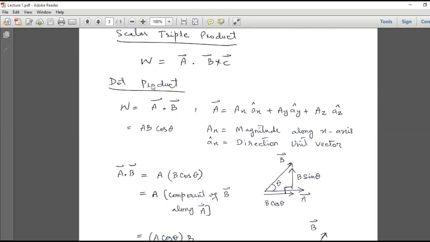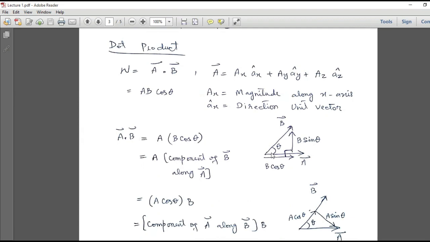Now, how do we perform the dot product? Suppose we have two vectors. This is vector A, and these are its three components, where ax, ay, and az are the unit vectors, and the magnitude of these unit vectors is unity, and Ax, Ay, and Az are the magnitudes of the vector along the three axes. So W is equal to A dot B, and it is written as AB cos theta. A and B are the magnitudes of vectors A and B respectively, and A dot B can be written as A multiplied by B cos theta,